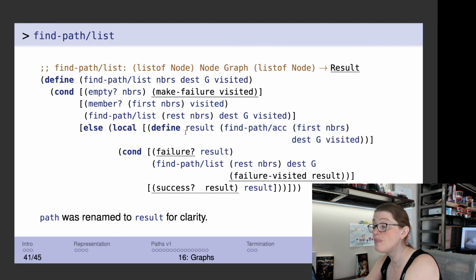Now, result is going to be one of two things. It's not going to be a list or false. It's either going to be a failure structure or a success structure. If it is a failure structure, then I am going to need to look through the remaining neighbors, and I'm going to pass the visited, the